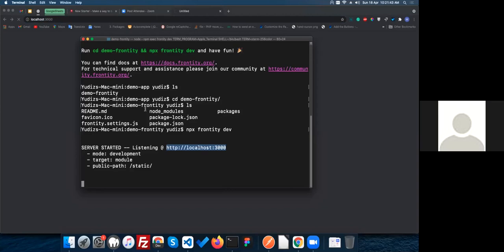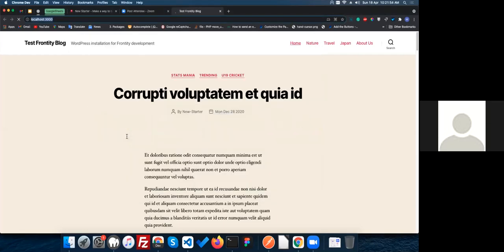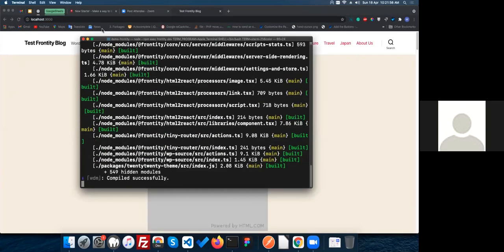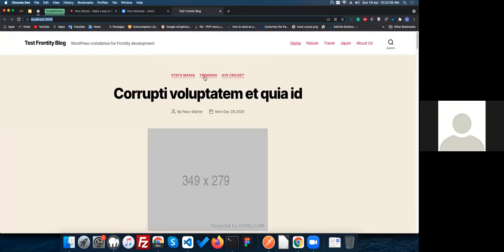After the build has been successfully created in your system, it will start showing your frontend app here. So until it shows you, look into this. As you can see, my build has been created in the terminal area, and my frontend project has already started running in my system. As you can see here,